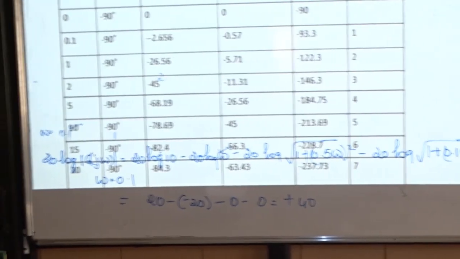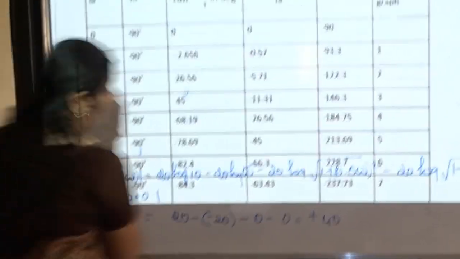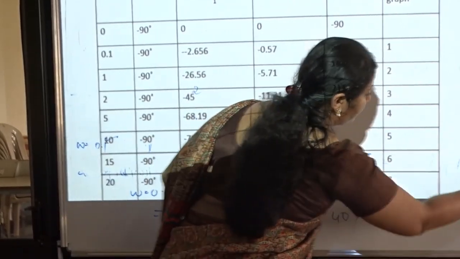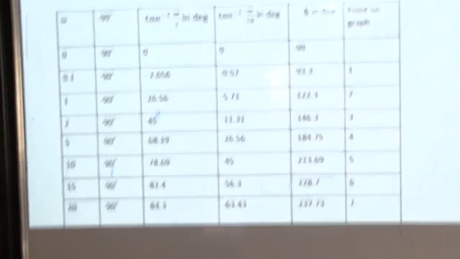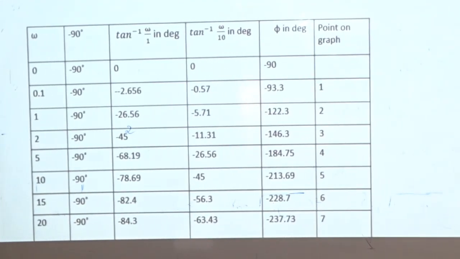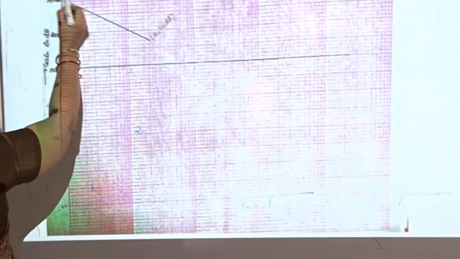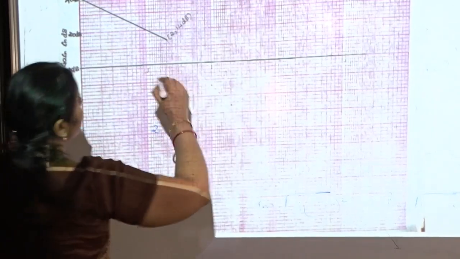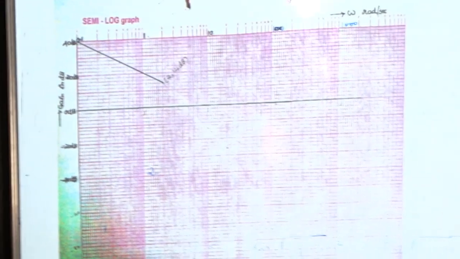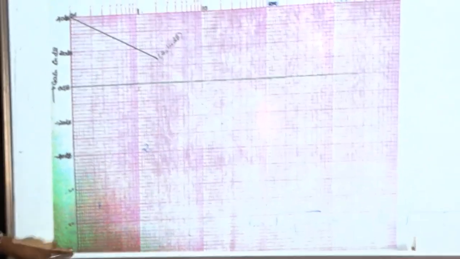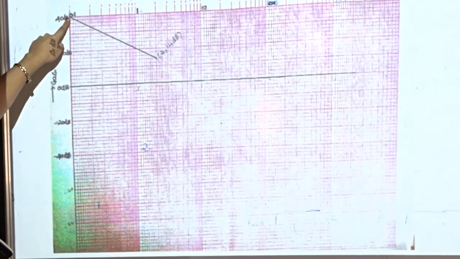And again, this is the tabular column for the phase plot. Correspondingly, you have to take the values and draw. You can mark the points 1, 2, 3, and the same thing can be written on the graph. So the first thing, we started from 0.1, then 1, 10, 100, then this will be 1000. Then as we said, we calculated the phase value at 0.1.